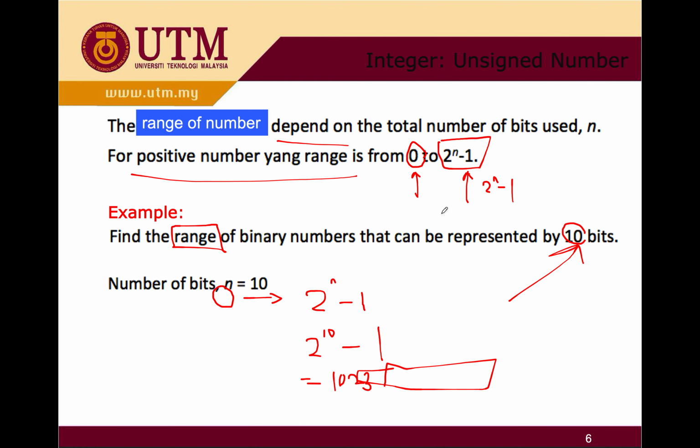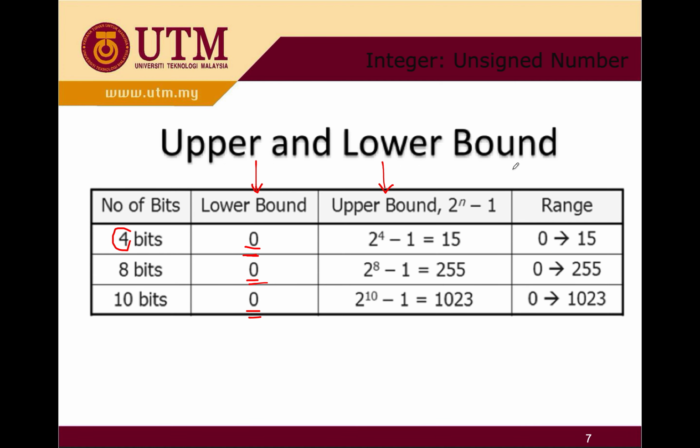Normally you say the range is from the minimum to the maximum number, but there are also other words for minimum and maximum, which are lower bound and upper bound. So don't say that you didn't hear about this before. If there is a question saying please state the upper bound for a number of 4 bits,